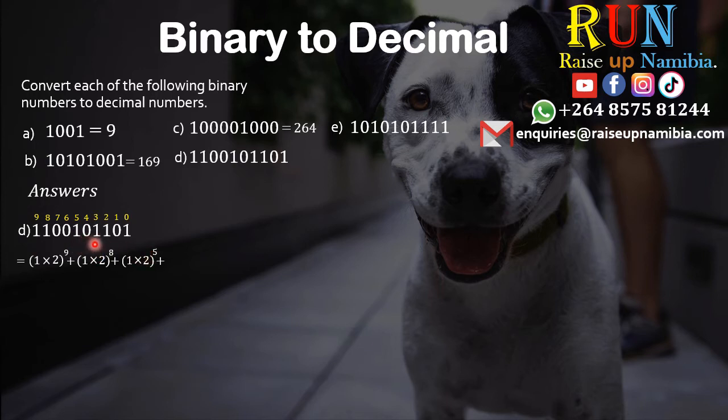Plus, we have another 1 over here, 1 multiplied by 2, raised to the power what? 3. Then where else is there another 1? The next one is also a 1, so we write that plus 1 multiplied by 2, raised to the power what? To the power 2. Then we have another 1 over here, so it will be plus 1 multiplied by 2, raised to the power